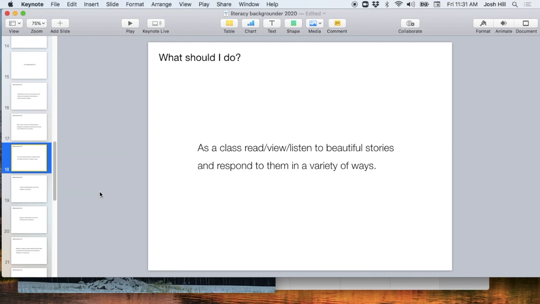Read your class beautiful stories, whether that introduces them to your favorite picture book artists or your favorite picture books. Have fun with reading books. Read Robert Munsch with all of the glory that you can muster as an actor. Have audiobooks, listen to, share videos, have puppet shows, and then give students a variety of ways to respond to them. This was sort of what we planned as a read aloud,